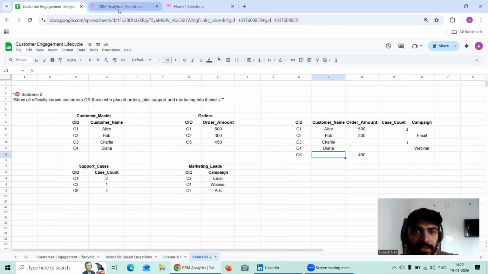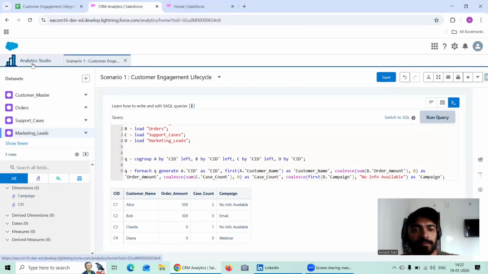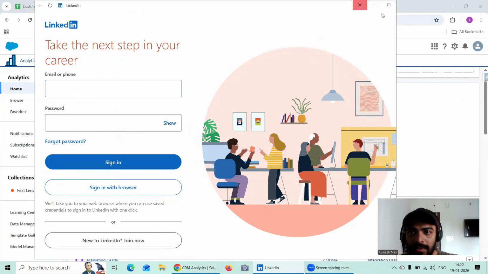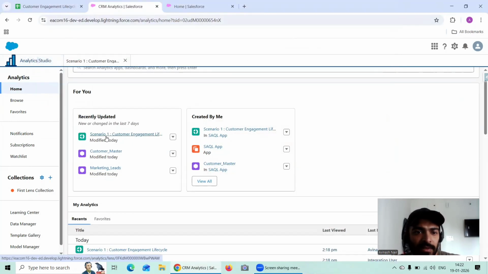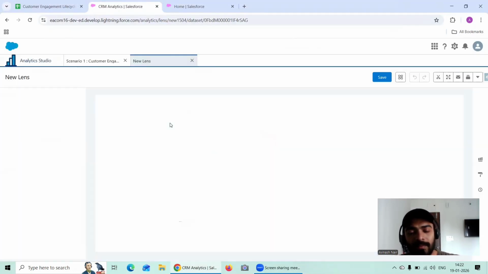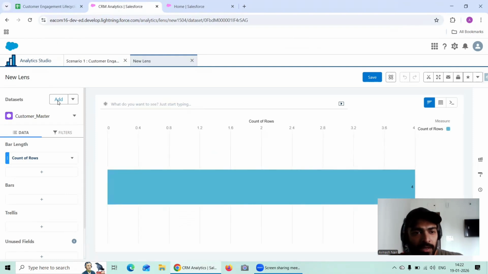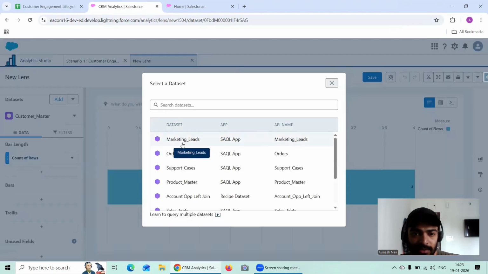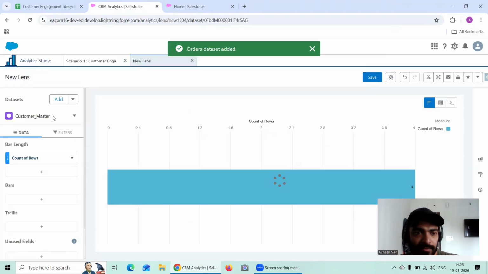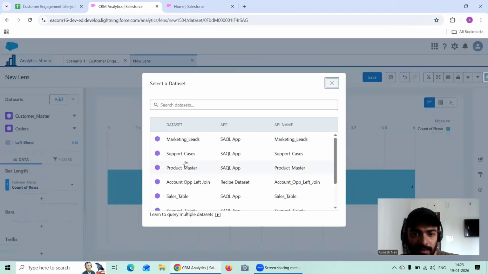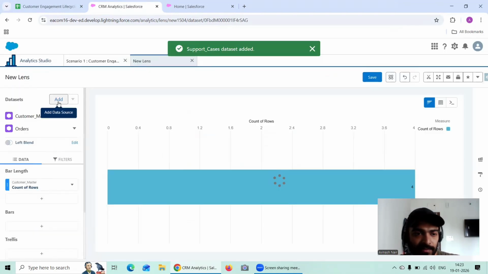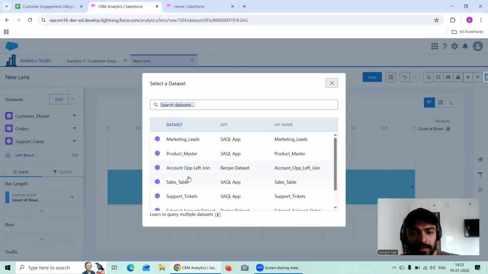Okay. So here I will open this customer master. Let me add all the steps you have to follow. After that, of course, I can copy the code which I've already written in scenario one and update the changes required as per the scenario. But this is the first step I eventually have to follow. I don't have any other option. So here, let me mark the orders. Then comes the support cases. And finally, the